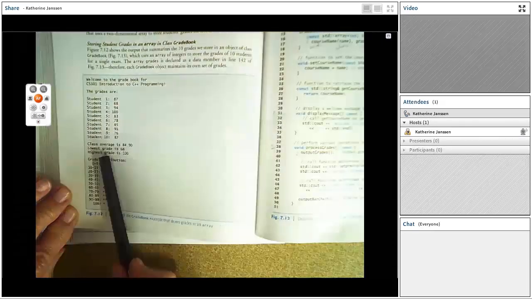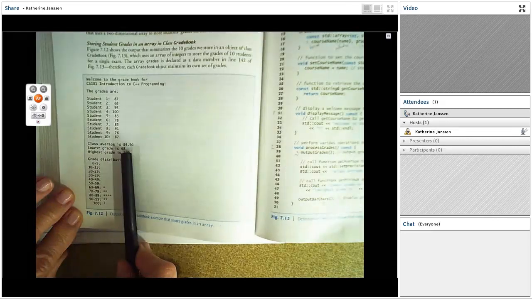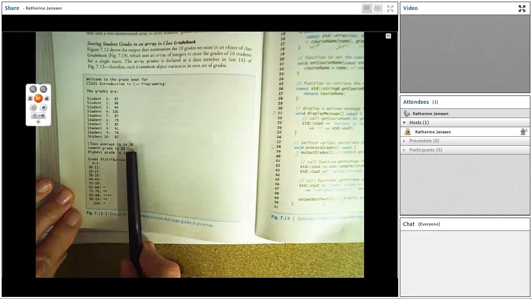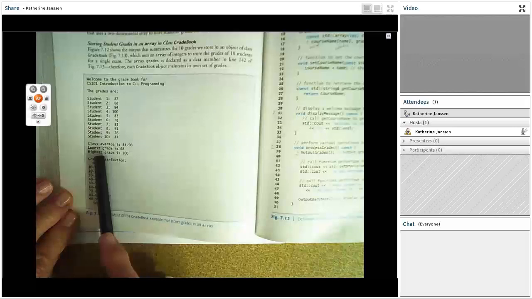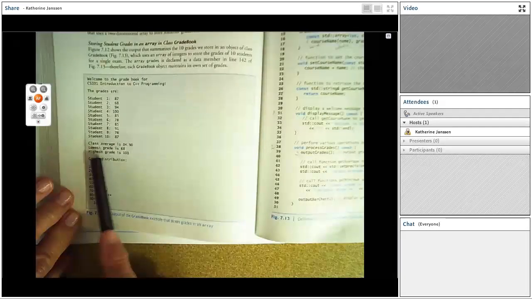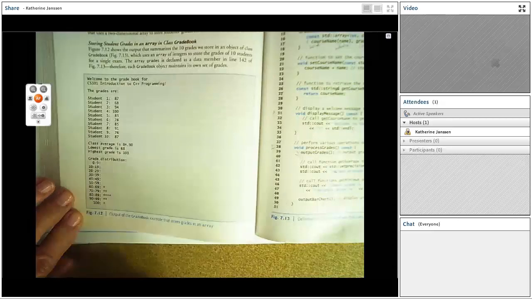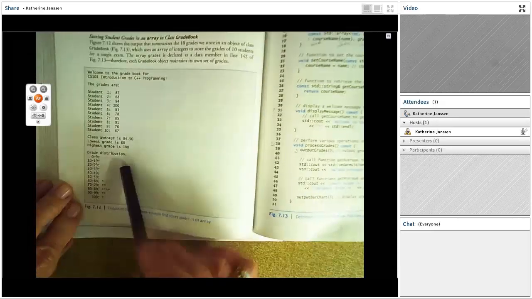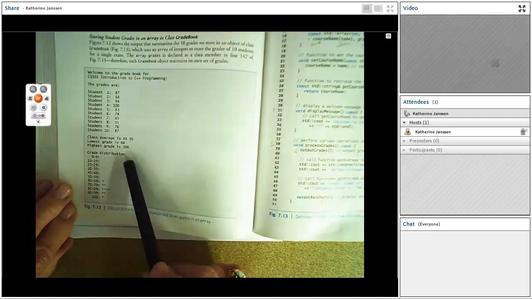We want to calculate the class average. Looks like a double with 2 places following the decimal point. We want to know the lowest grade that was earned and the highest grade that was earned on this particular assignment. And then we're going to produce a grade distribution chart,